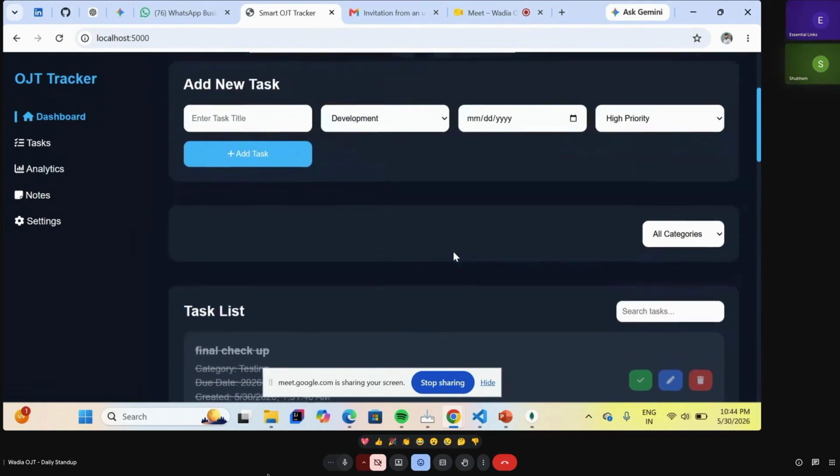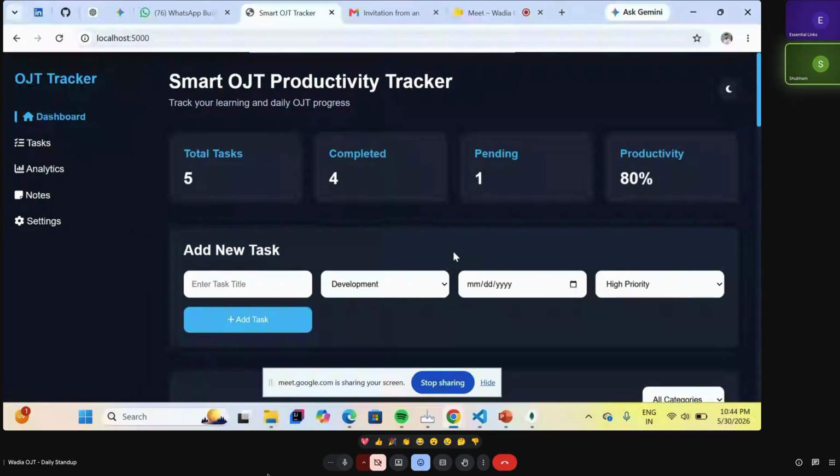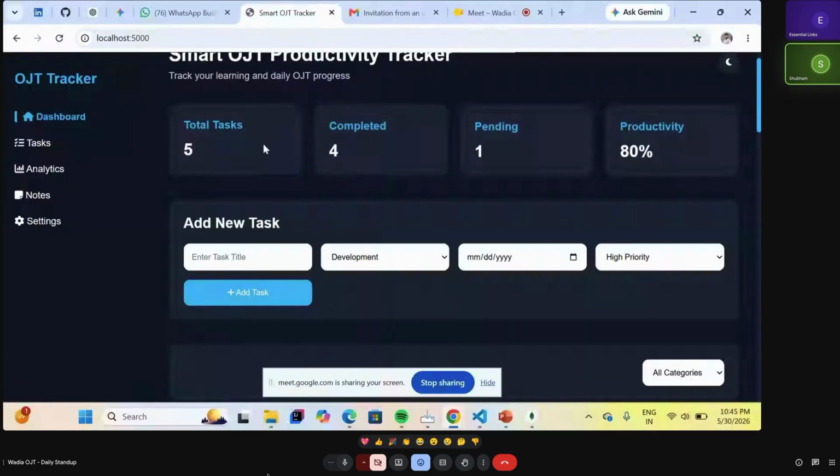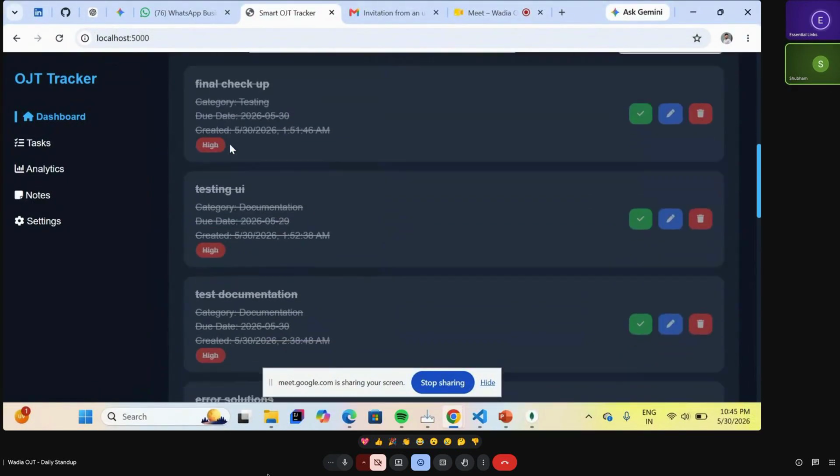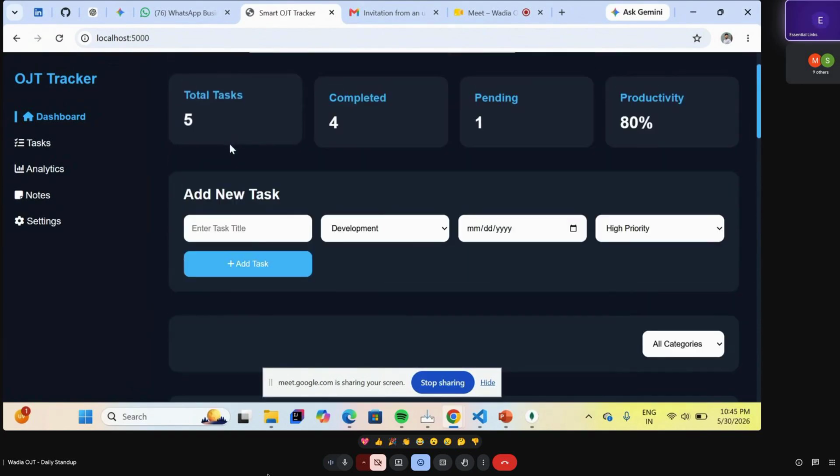Yes, sir. How are you calculating the productivity percentage? It is the ratio of completed tasks to total tasks. Okay, is it completed tasks, ratio of completed by pending or completed by total tasks?